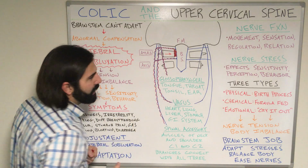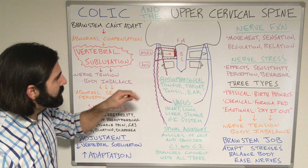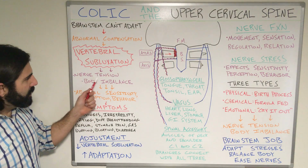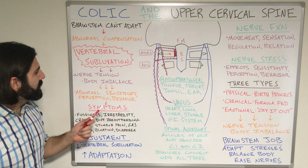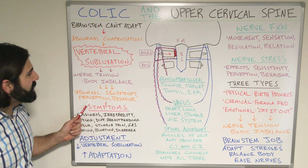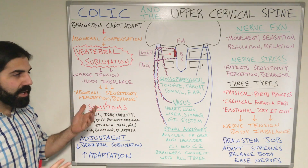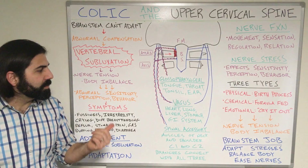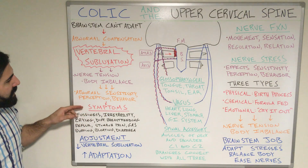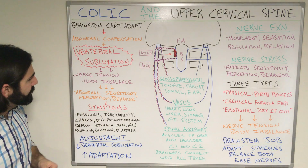My little squiggly lines here are going to represent that nerve tension on those four main nerve groups. Now, when we have nerve tension and body imbalance, it's going to create abnormal sensitivity, perception, and behavior. One presentation of abnormal sensitivity, perception, and behavior is what we call symptoms. Now, if we focus these symptoms on the condition we're focusing on, which is going to be colic,